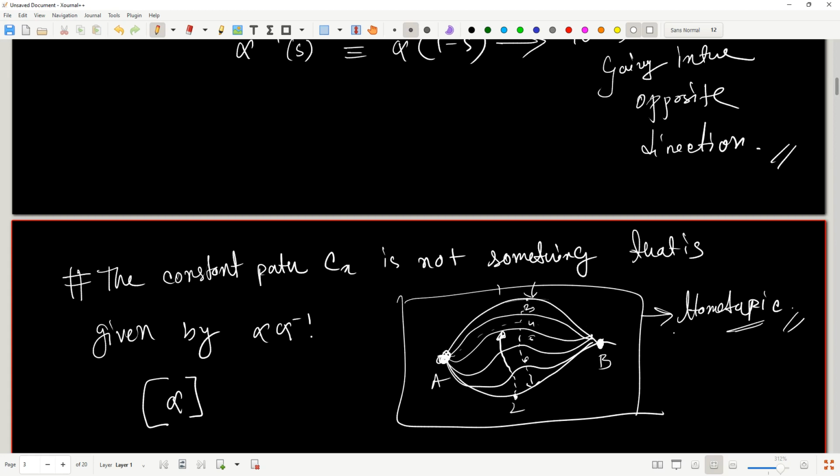I mean, a continuous family of paths are there, and we are considering their continuous deformation. So that is what a homotopy is. Okay,